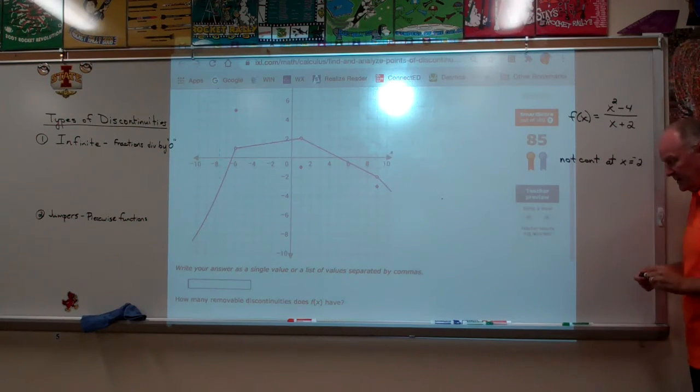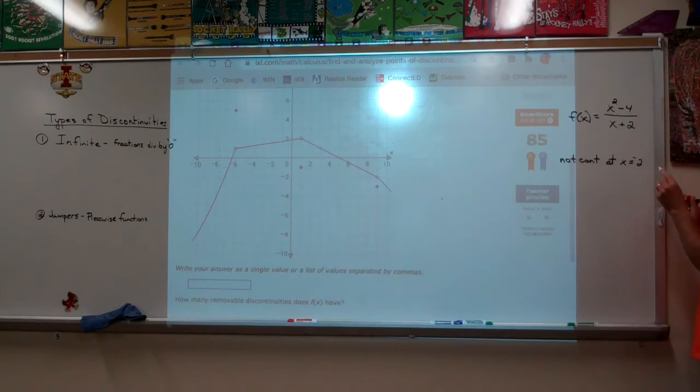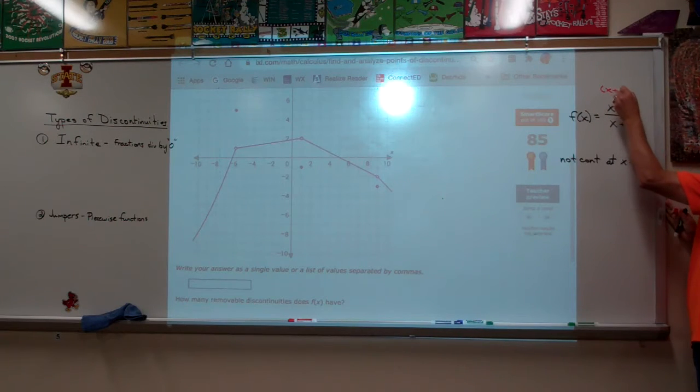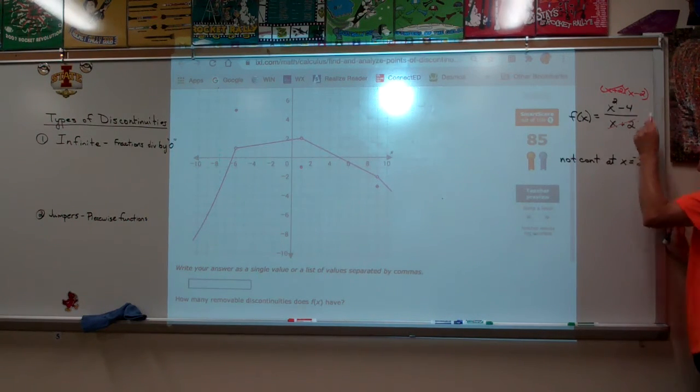But if you go back and look at the original function, I can maybe try and make that discontinuity go away. Can I remove it from the equation? The way I do that is I'm going to factor the top, and then I could actually remove that one. Oops, wrong one, canceled it. Remove the x plus 2 from the bottom and the top by canceling the same thing, and I'm left with x minus 2. So I just removed it, and what we'll actually do is circle that to remove it,